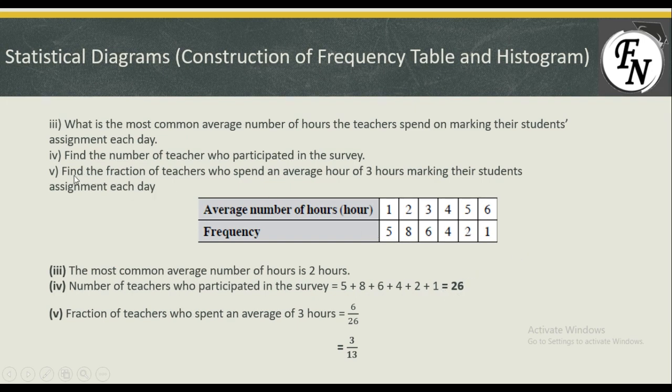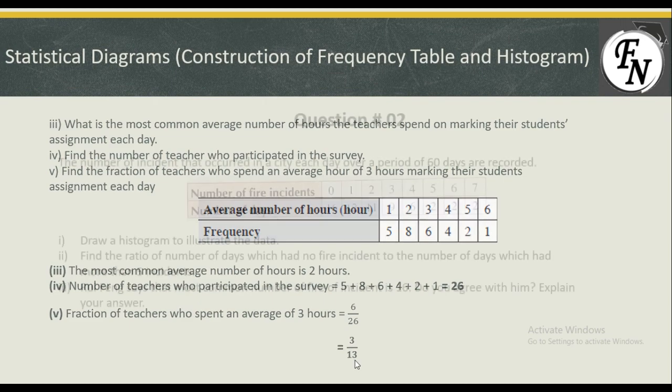After that, in the fifth part, find the fraction of teachers who spend an average of 3 hours marking their students' assignments each day. So when I talk about 3 hours, 3 hours has a frequency of 6 out of the 26. So I have written it as a fraction, 6 over 26, and simplified it by cancelling in the table of 2 to get 3 over